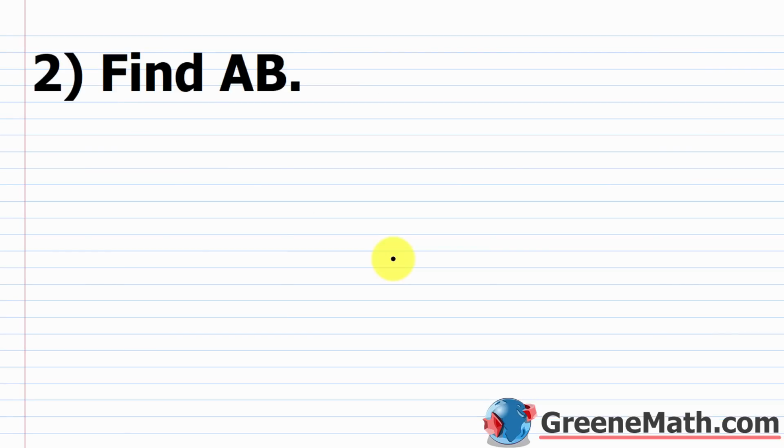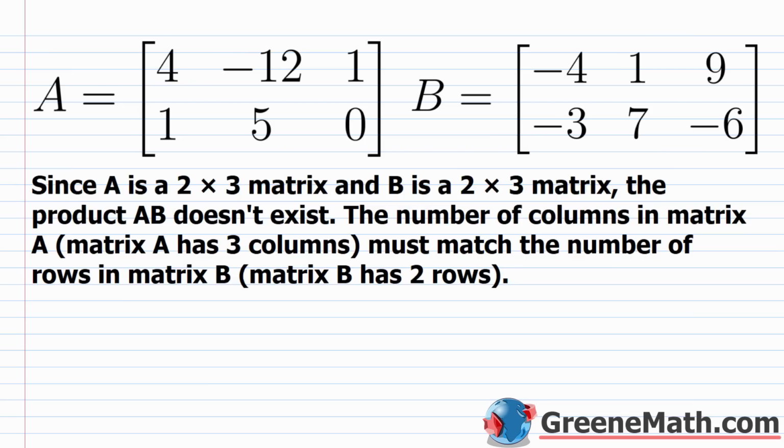All right, for problem 2, we're asked to find AB. All right, so coming down here, our matrix A is a 2 by 3 matrix, so 2 rows and 3 columns. Our matrix B is also a 2 by 3 matrix, so 2 rows and 3 columns. So remember that if you're trying to find this product matrix AB, the number of columns from the first matrix must be equal to the number of rows from your second matrix. So the number of columns from A needs to be equal to the number of rows from B,